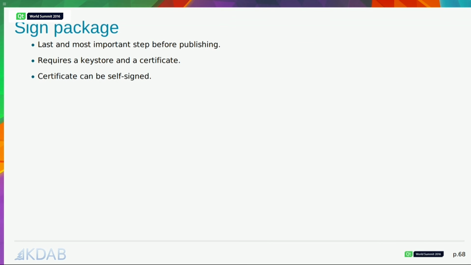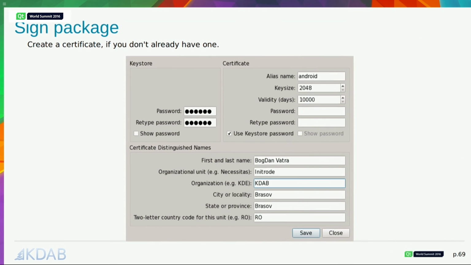Package signing. Package signing is the last and most important step before you publish your application. In order to sign your package, you need a key store with a certificate or more certificates, and the certificate can be self-signed. So you don't need to pay a certificate company to sign your package with some SSL keys or whatever. To create a certificate, it's easy. You can use Qt Creator for that. Here, you need to fill the key store password, the certificate, things like alias, name, key size, and so on,